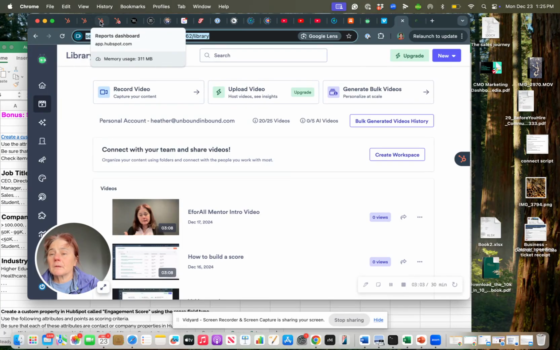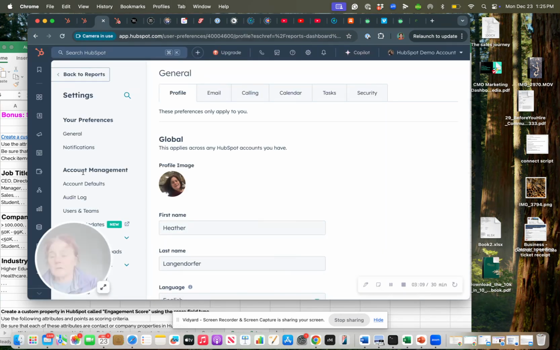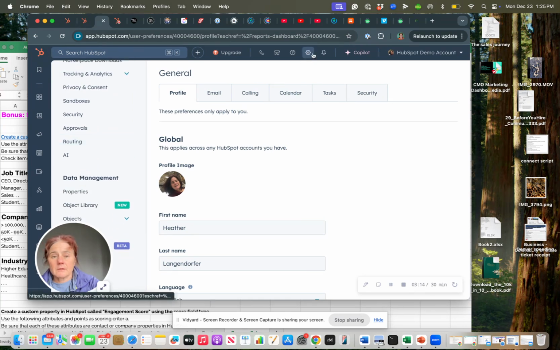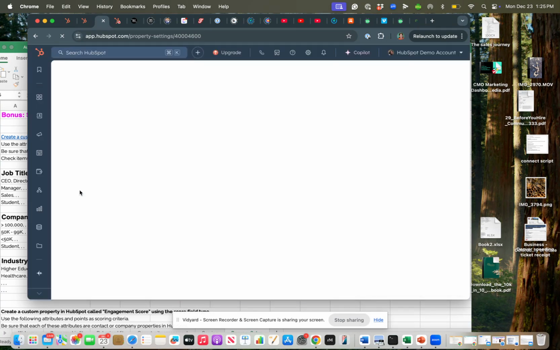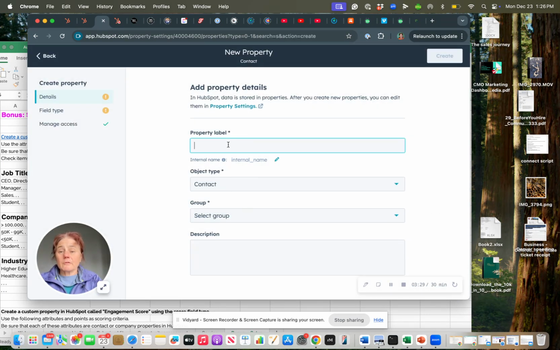So here we are inside of HubSpot, and this is a demo account. So what I would do is I would go to the properties, so settings. Settings was here in case you didn't see, and then properties. And then I would create a scoring property. Now, this is a new thing that HubSpot has. Let's see, we're going to create. They used to have one score, which was HubSpot score. I really like this because you can